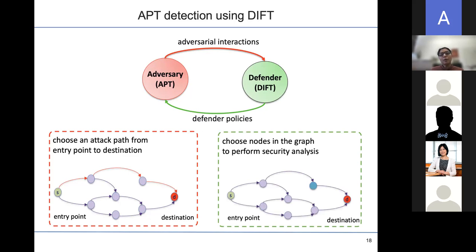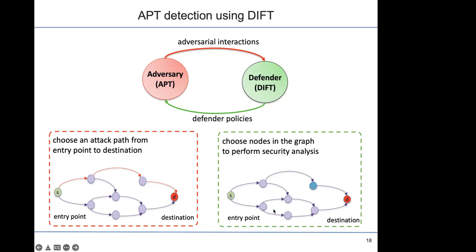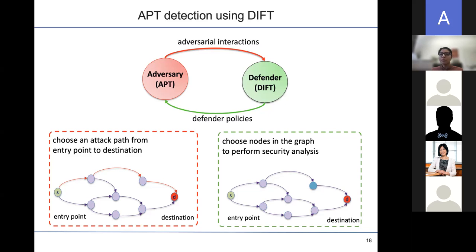On the other hand, when I look at the defender's goal, his goal is to select these blue nodes, the security checkpoints. Where do I place the security checkpoints on this graph so that I can detect this attack? And why can't I place a security checkpoint at all the nodes? Because it will worsen the situation. We are trying to develop a resource efficient method, right? So placing a security checkpoint at every node is not what we want.